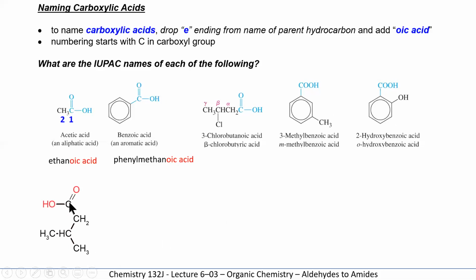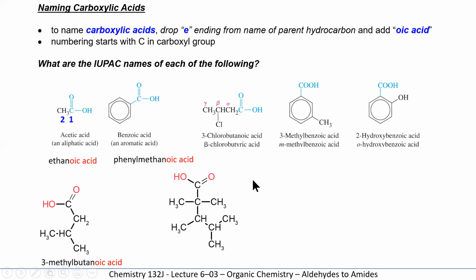And if we look at this example down here, we can see it's a 5-carbon, a 4-carbon, so it's going to be a butanoic acid, and we have a side chain on carbon 1, 2, 3, on carbon 3, so it's 3-methyl butanoic acid. Another example here, carbon 1, 2, 3, 4, 5, it's a pentanoic acid, and it's going